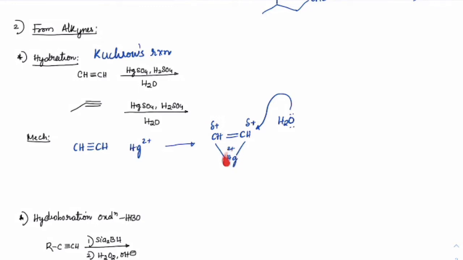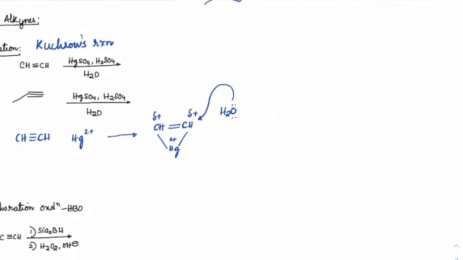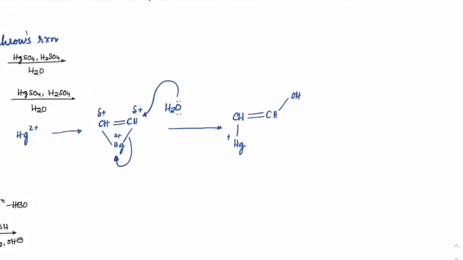This group which is carrying positive charge will distribute positive charge in this alkyl groups. The one which is more stable, suppose if this carbon is more stable carbocation, H2O will attack here. Okay, we'll do that as an example. So H2O will be added there. So this bond will break. So we would have this as CH Hg plus with double bond CH and OH. Okay, so I'm directly writing that as OH, which means by removing out H plus, right?